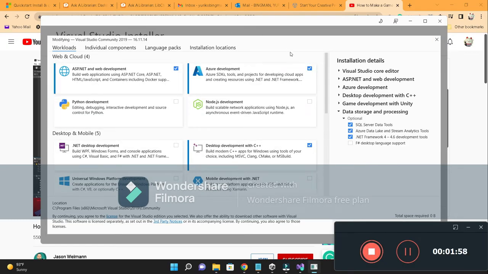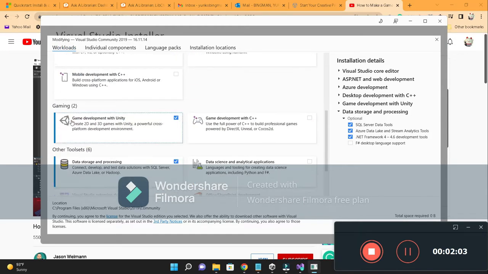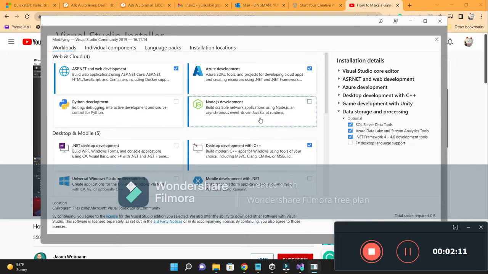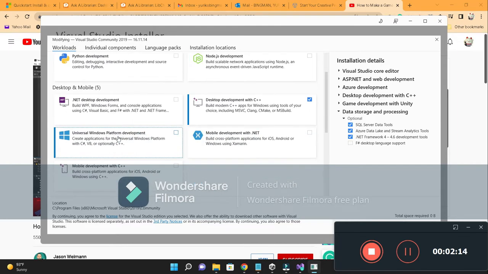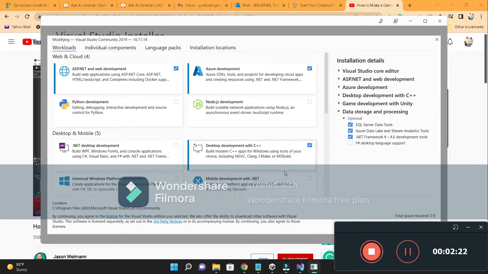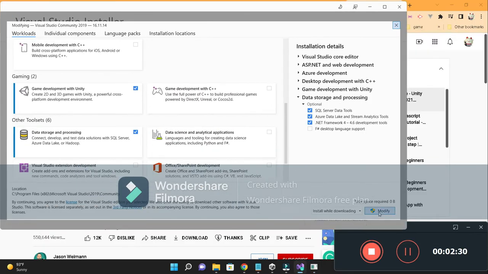So anyways, if you click the modify button, make sure that you have game development with Unity. And also, probably if you're from the Northwest campus, you need the C++. So make sure that desktop development with C++ has been checked. After this, you're going to click modify right here, and then it will ask for your authentication, and then